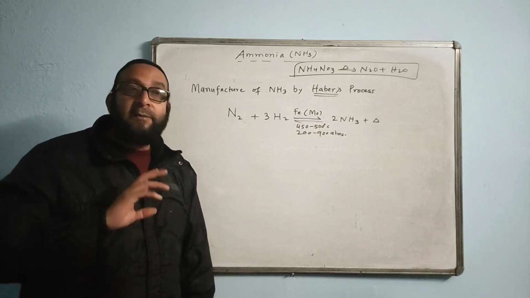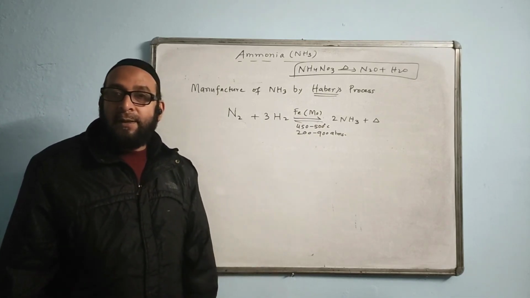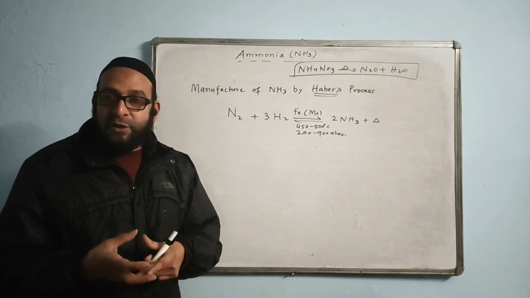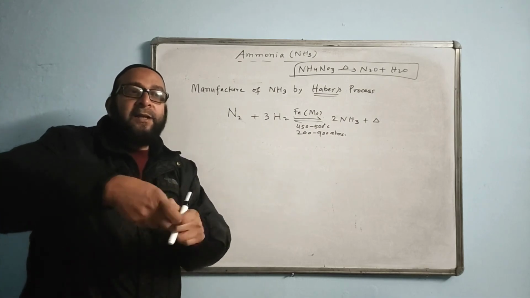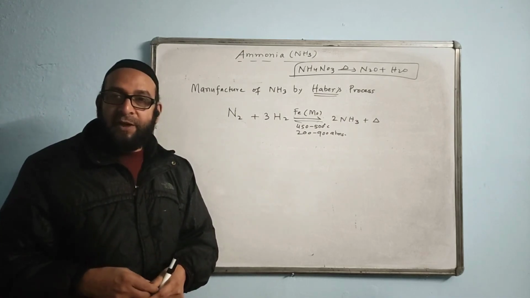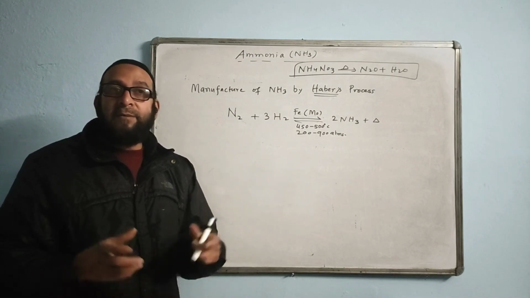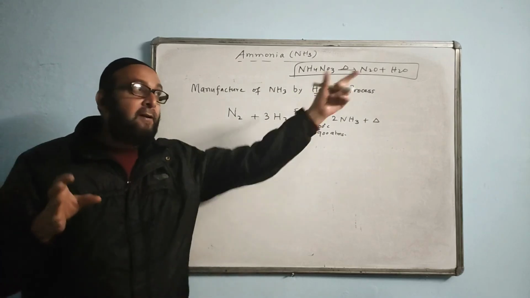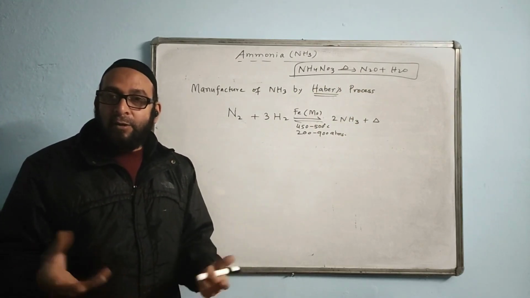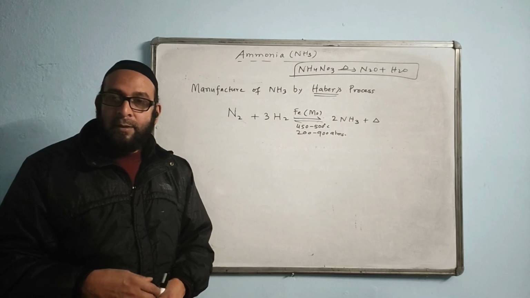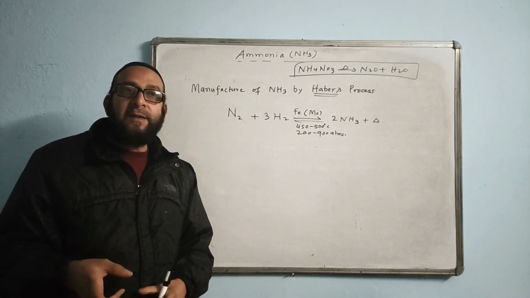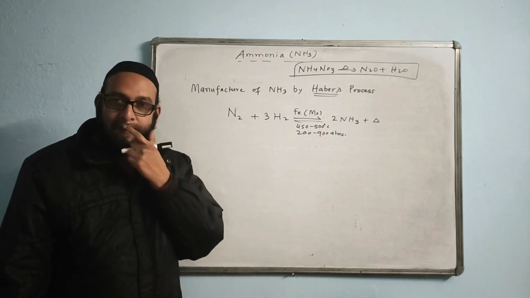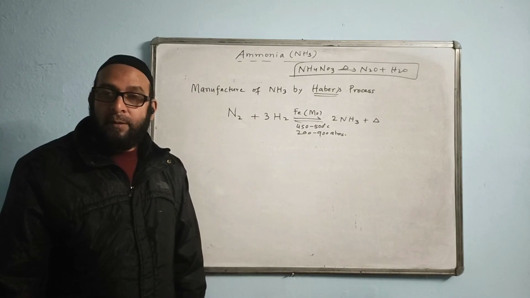Hope it is clear. Another advantage of keeping it in the liquid form is that we can make it transportable and prevent its leakage. You can pack it in a cylinder and transport it safely. But in the gaseous form, it is very difficult. How can you carry gases from one place to another? There is leakage. It will be moving in all directions. How can you control the leakage? You cannot. So if it is in liquid form, the best is you can pack it in a closed container and then transport it. That is another advantage of liquid form.